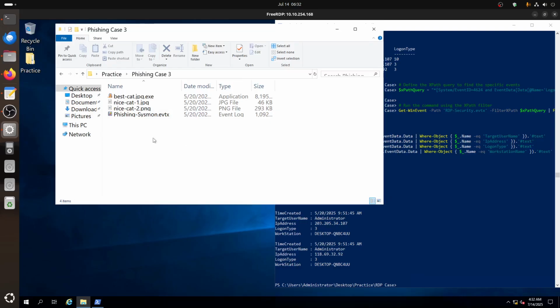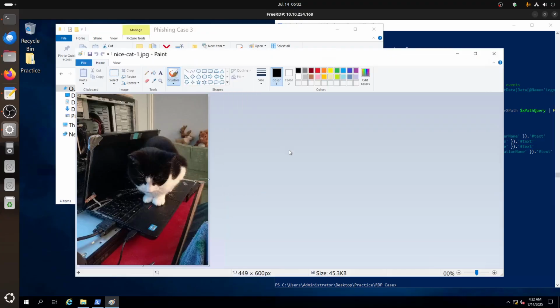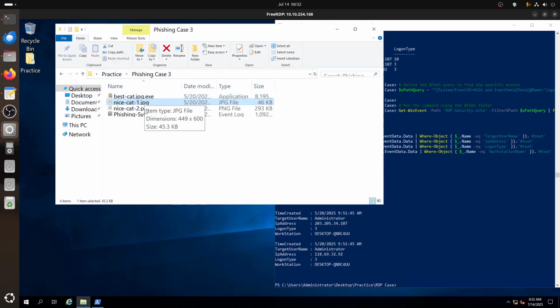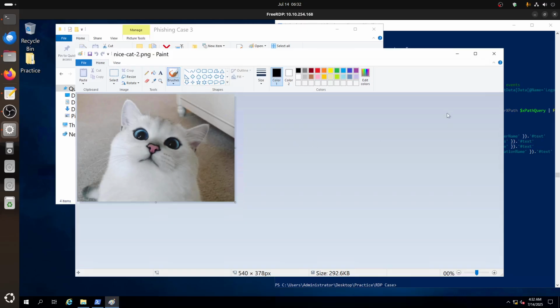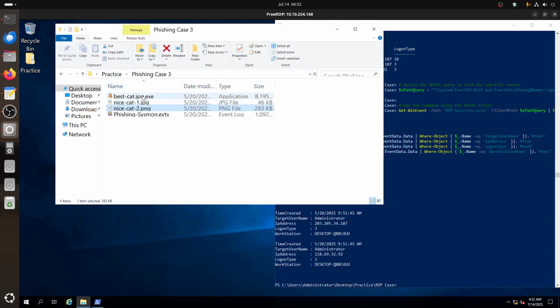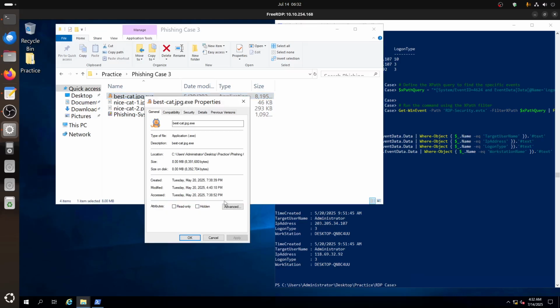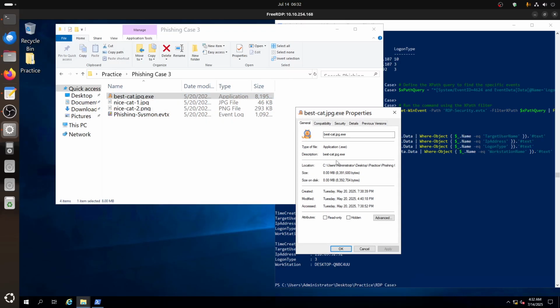The first thing you see is this .exe and .jpg, and you can see a picture of a cat, and you have a phishing sysmon, and then you have a nice cat 2 png and nice cat. You can see this one is more like a real image. Was this TryHackMe stuff? You have this one also, nice cat. And then this one, you can see .exe, but that's how the trick works. They do the .exe,